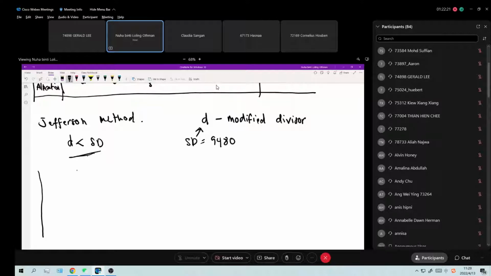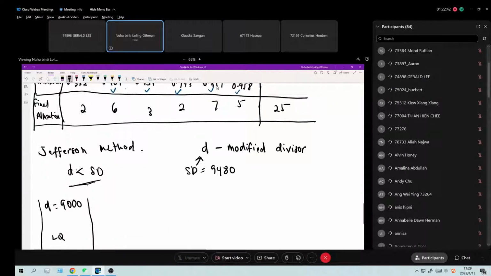saya tak tulis semua lah. Okay, saya tak tulis semua. So, if I guess D equal to 900, you know that SD is 9480. Okay, and then you have the lower quota here. So when you do this population, you divide